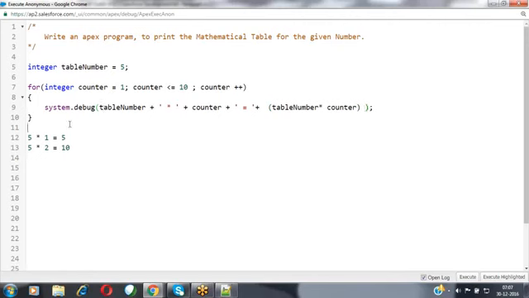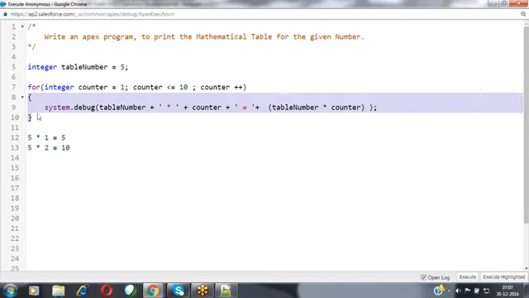That's it. Simple, done. So now here what happened? First of all, it is getting the table number value 5 and the counter value equals 1. Table number is 5, and the counter value 1, nothing but 5 into 1, and then equals 5. Now how are you getting this value? By multiplying these two here. 5 means the table number, and 1 means the counter value. We are multiplying these two, so that whatever value we are getting, I'm printing that value over here.